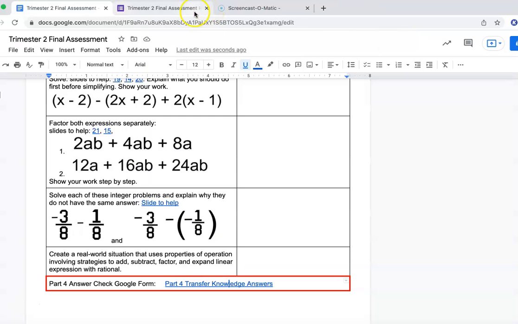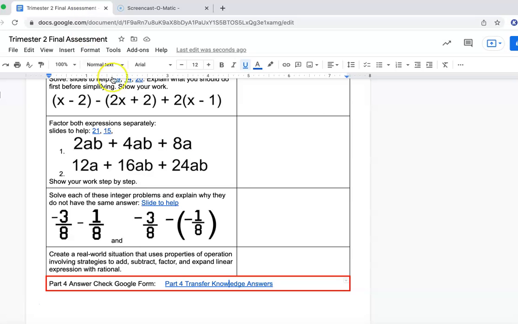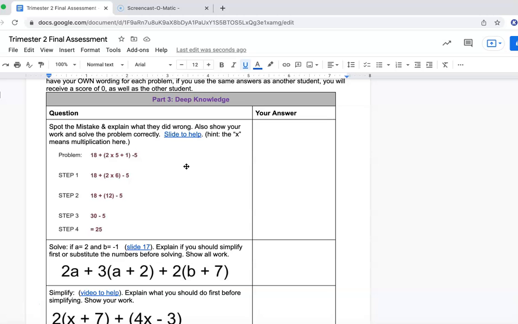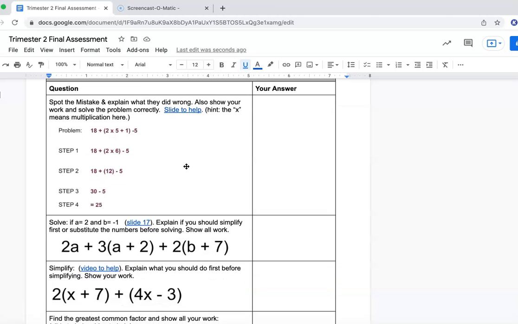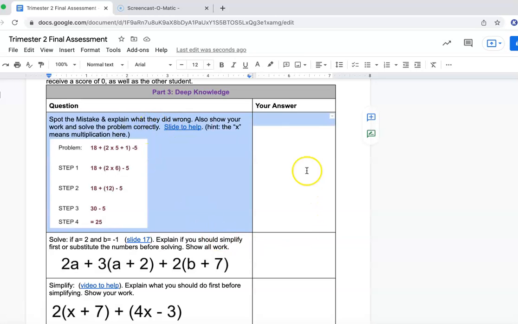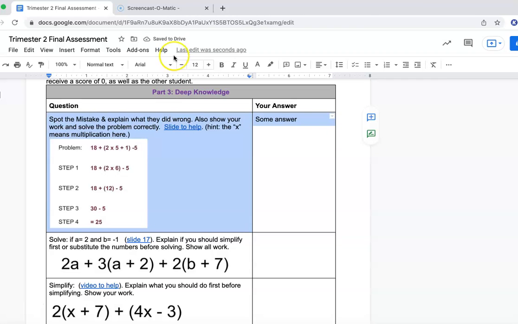So this is how I set it up. A couple of things I want to note is that if you're going to submit anything in part 3 and 4 and you would like to get feedback, you need to email me first with the question. So what you'll do is you'll copy, like let's say this is the question. You don't know if this is right. Let's say you have some answer here and you want to check that that makes sense. You're going to copy the entire thing